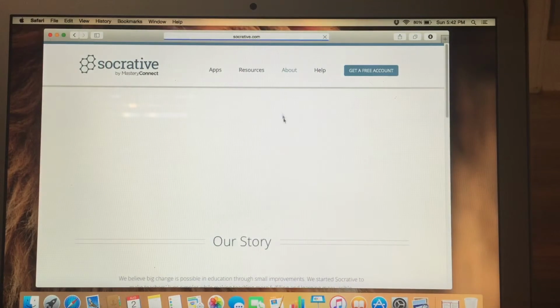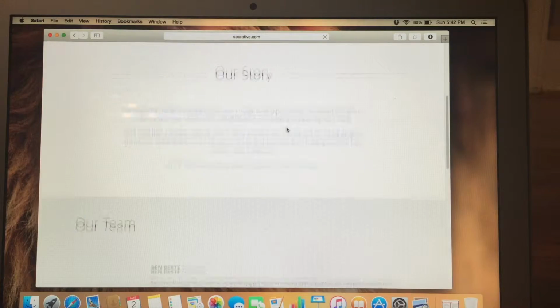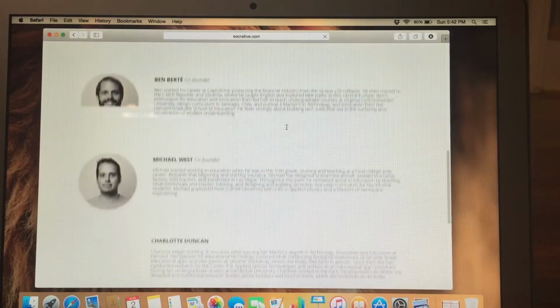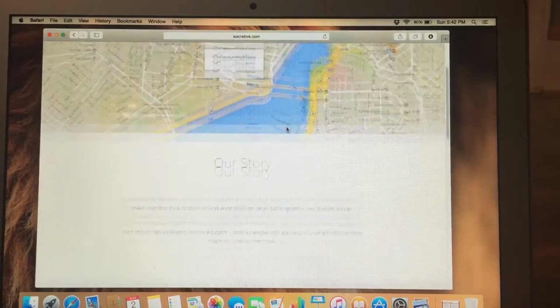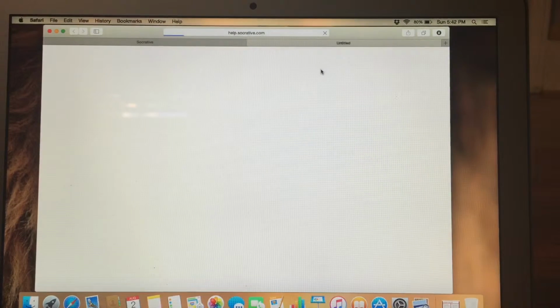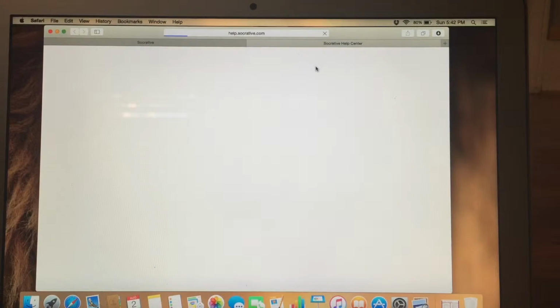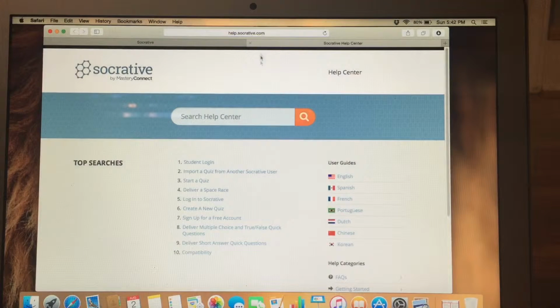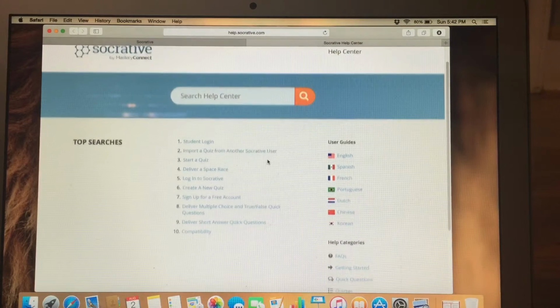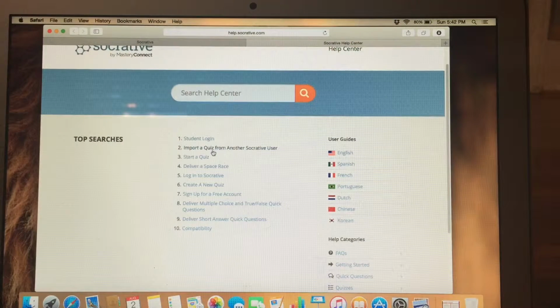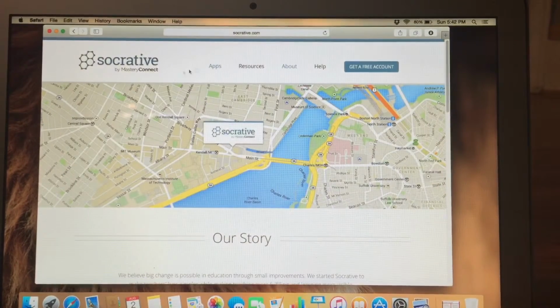The About page just gives a little bit about the story of the app, as well as information on the team that developed the app. And then, of course, a Help page. So that's the Socrative Help Center. I'm actually not going to wait for that one to load. Well, there it is. So just some common questions and answers right there. So to go back to the main page,